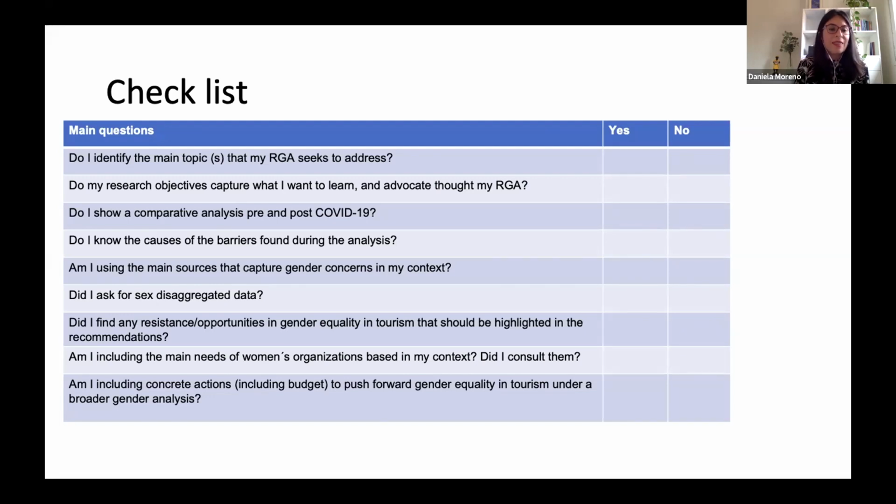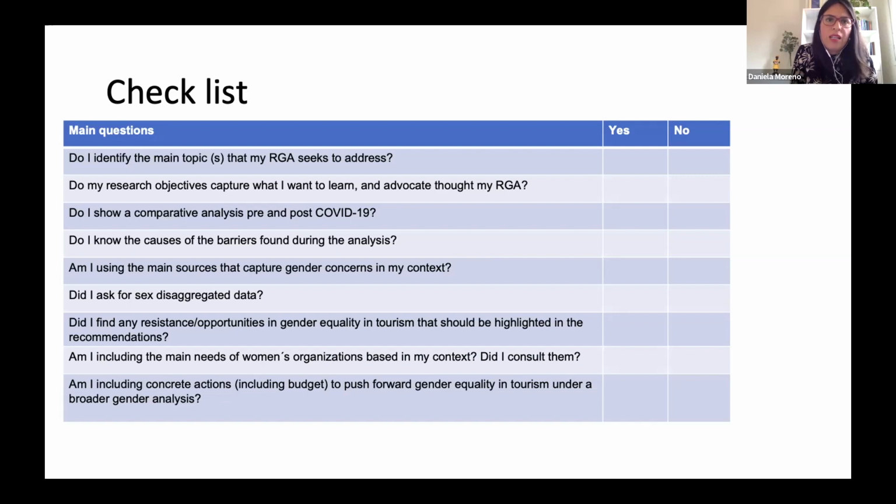Another question is, did I ask for disaggregated data? This is a very important question. Please always deliver these questions. As you may know, because it's in the second global report on women in tourism, the lack of sex-disaggregated data in tourism is one of the main concerns that we have right now. But this is not only happening in tourism, this is at the global level. Gender-sensitive data is something that we really have to push forward. At the global level, we have many challenges on this, for example,